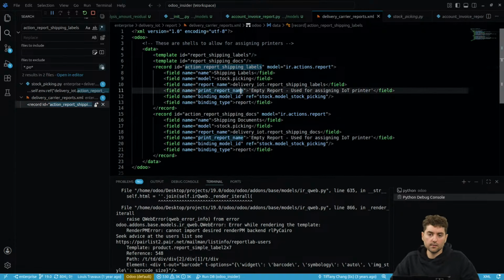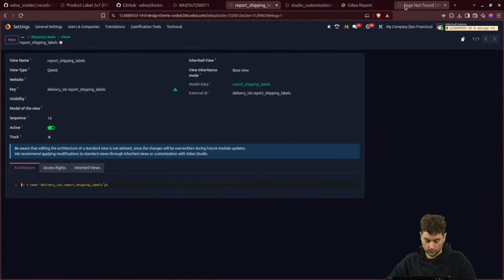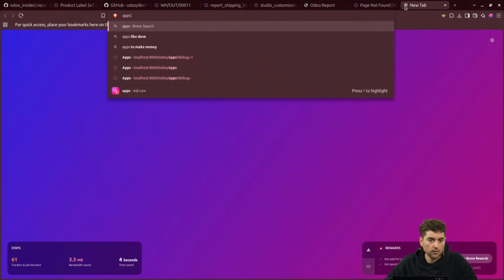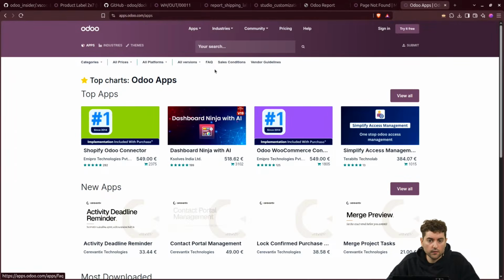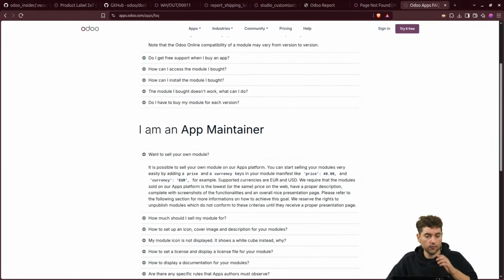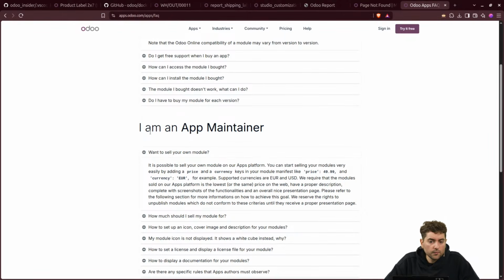So let's answer the easy question first. Apps Odoo, I think that's the name. If you go there, there's a frequently asked question, and if you are a maintainer, is it possible to set your